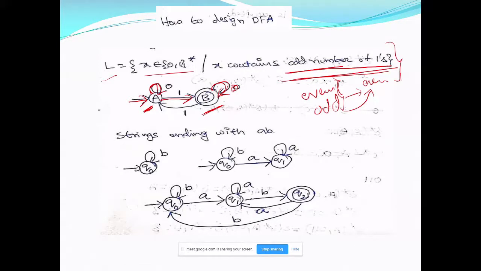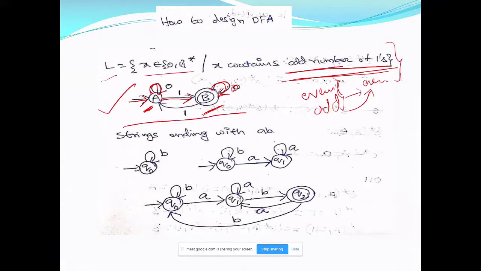In this diagram, whenever you are in A, you have an even number of ones, whatever the zeros. I switch to B when the number of ones is odd. So this DFA accepts the strings that contain an odd number of ones.